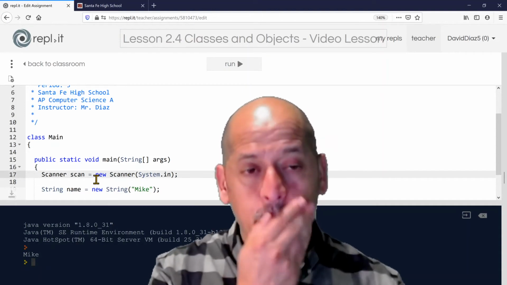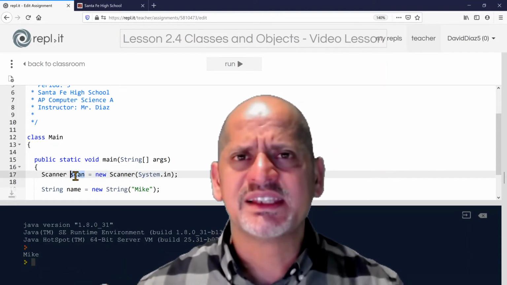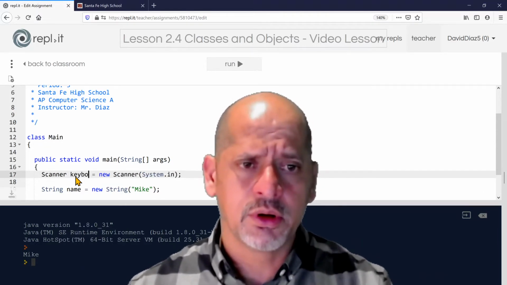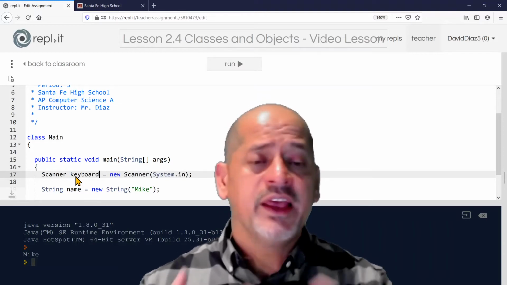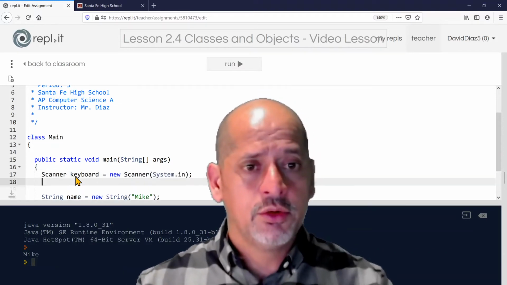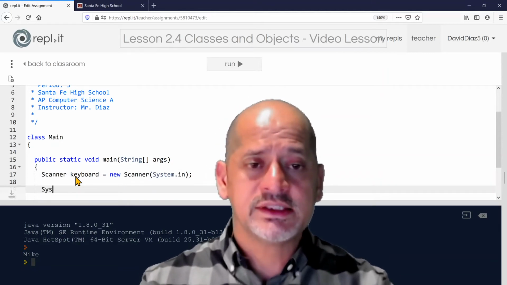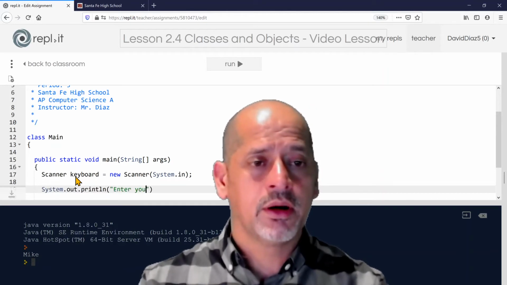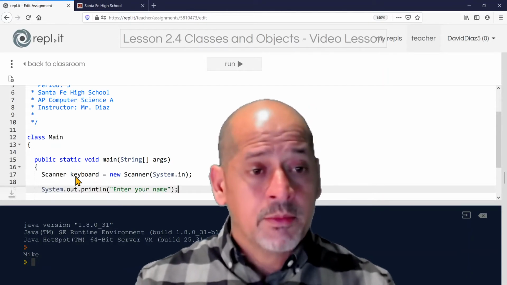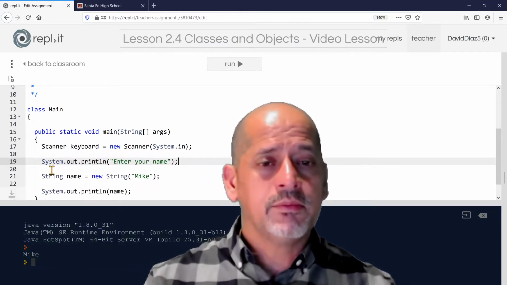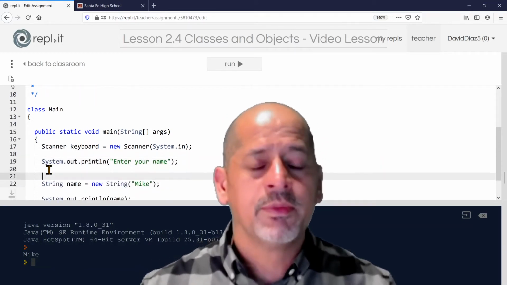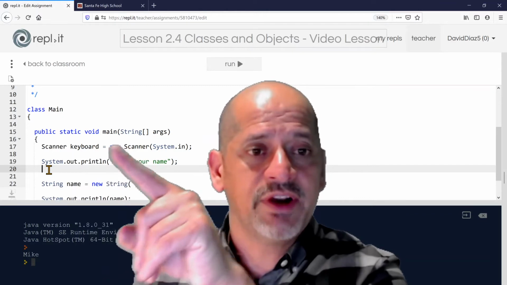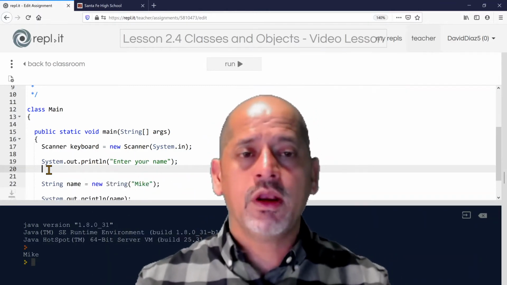So why do we need to just name it scan? Well, actually you can name it anything you want. You can name it keyboard, and that will be the handle. So whenever you do as a user System.out.println and say enter your name, because you use keyboard as the handle, as the variable name. Therefore, whenever you say string,